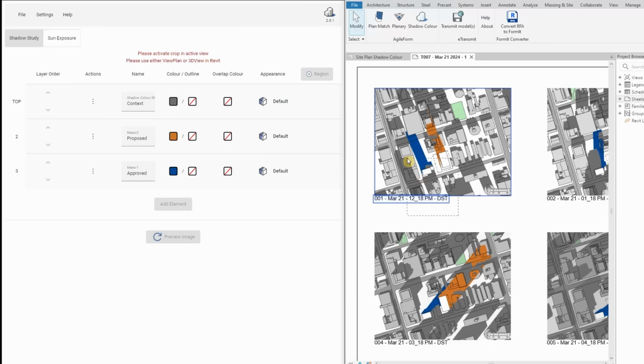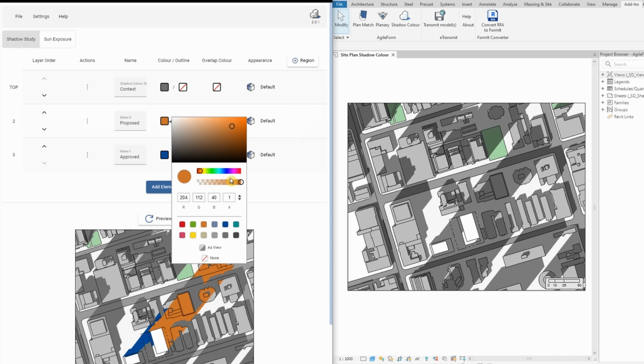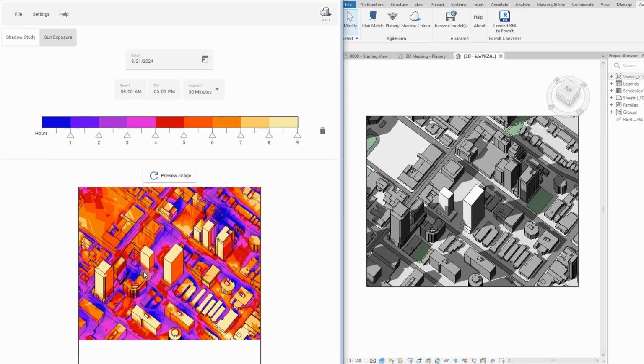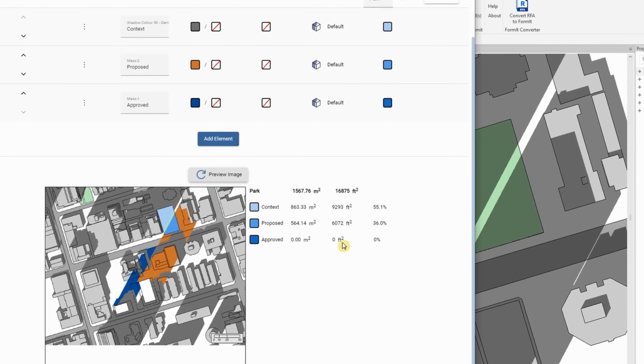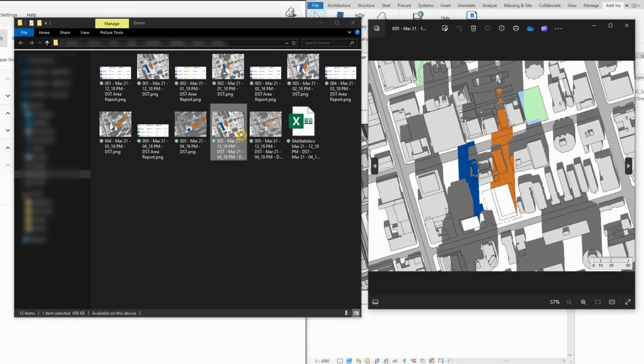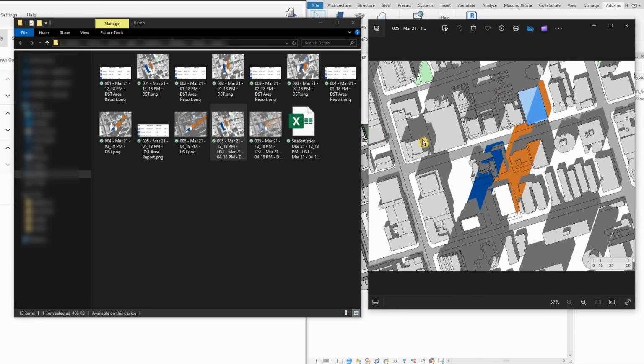Hello! In this tutorial, I will demonstrate how to do shadow studies and sun exposure analysis in Revit using Shadow Colour. Shadow Colour allows you to select a different color for elements shadows in Revit and quickly export images and